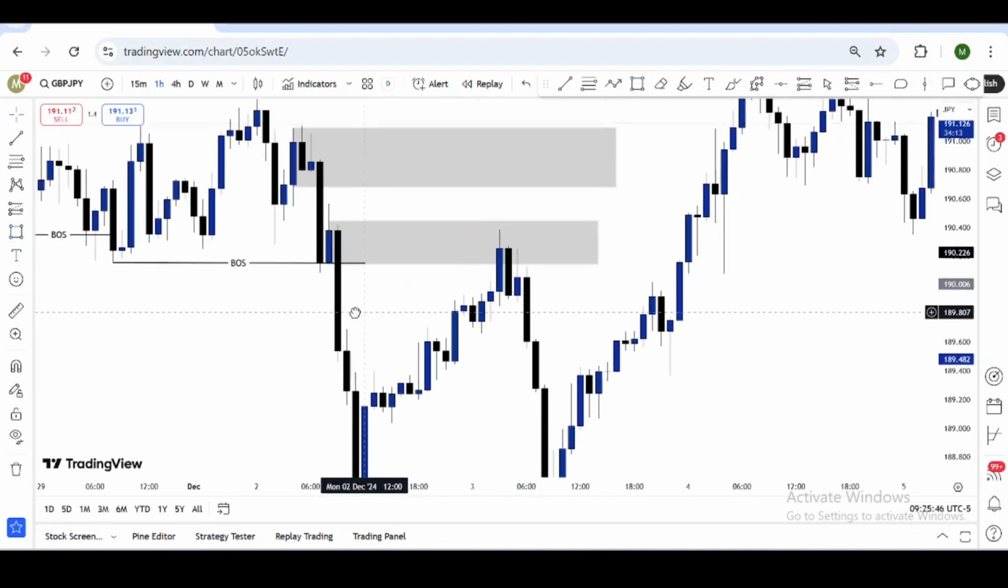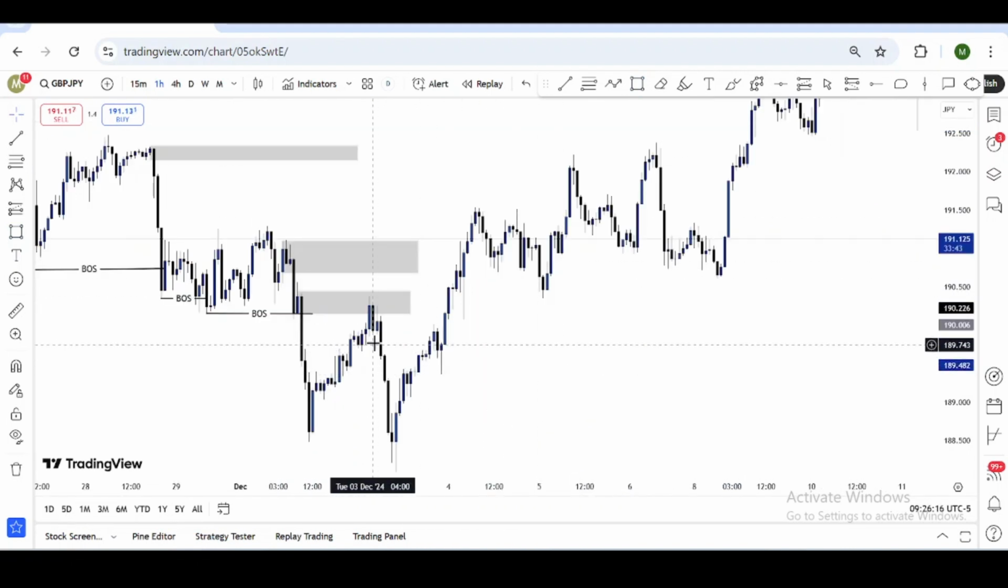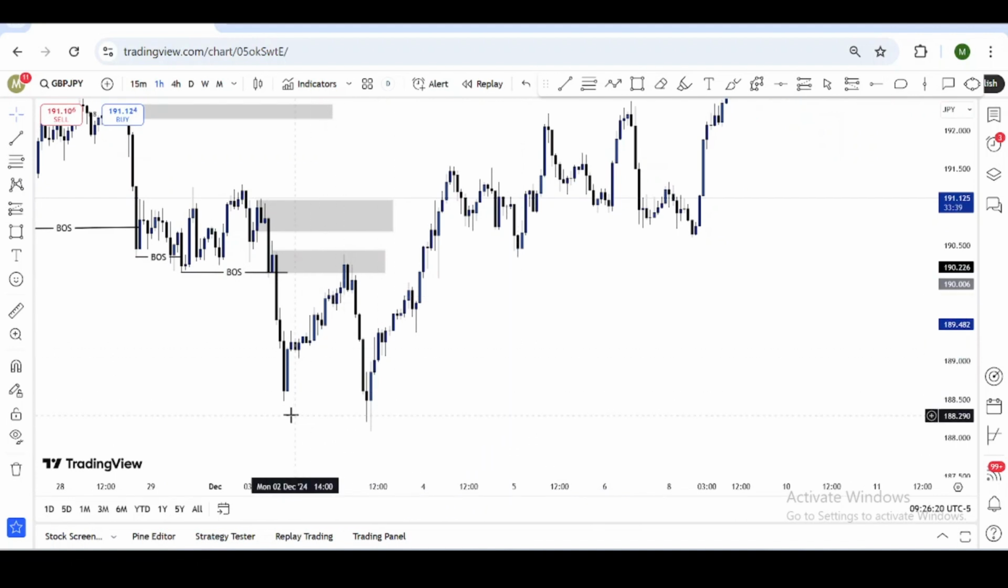All right, so here the market did not get to this one, but it respected this one. You can see here it respected this one and started pushing to the downside. Okay, so now let's identify